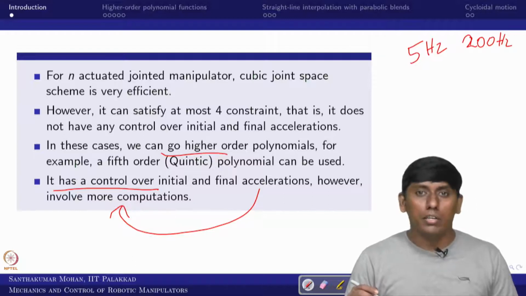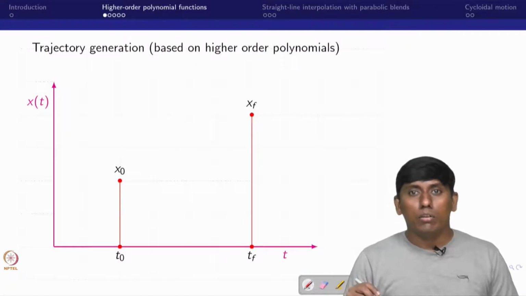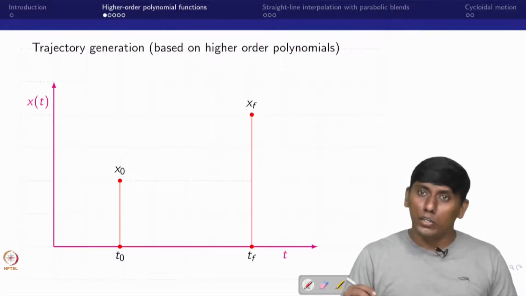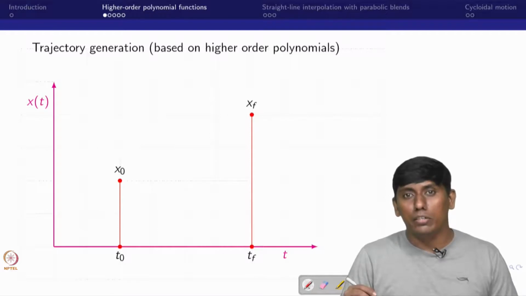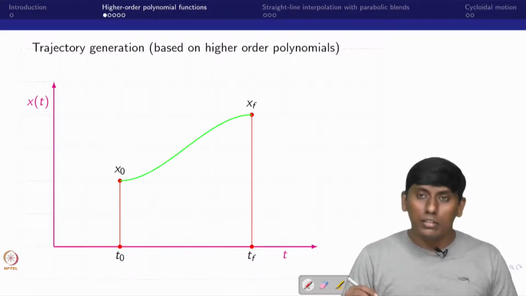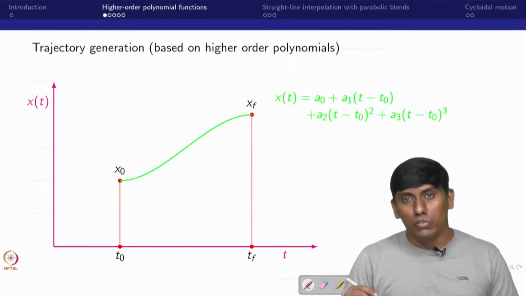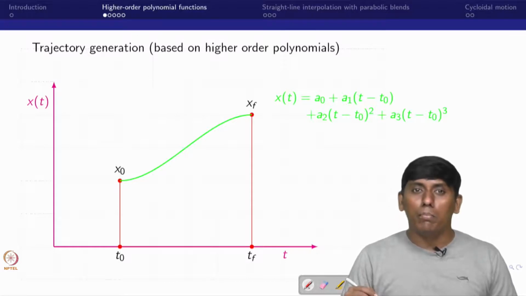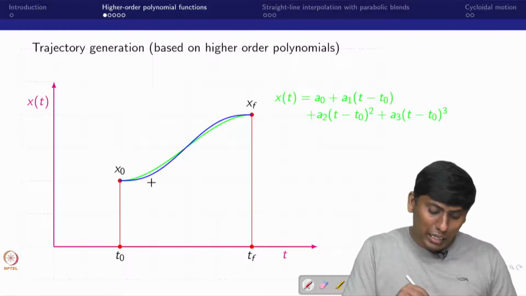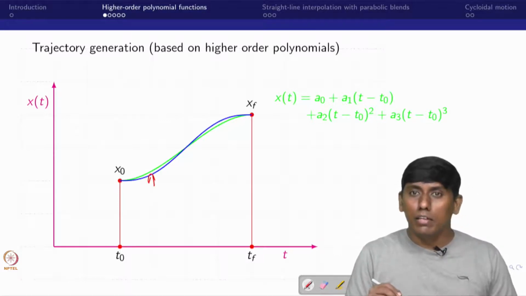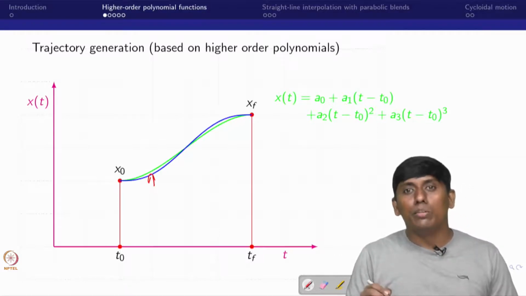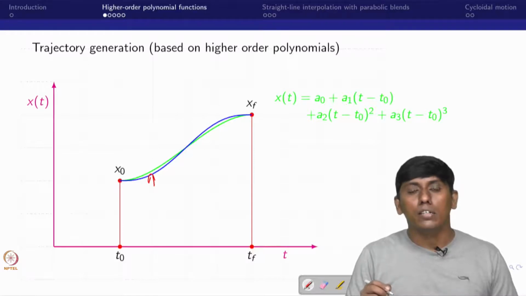So in that sense, our existing processor can easily do this. Okay, so let us come to what the higher order polynomial is and how it is beneficial. You have seen the third order polynomial, which is smooth. But if you write a fifth order polynomial, how does it look? This is what you can see: slightly improved, a little more smooth, which gives the acceleration also a smoother profile.